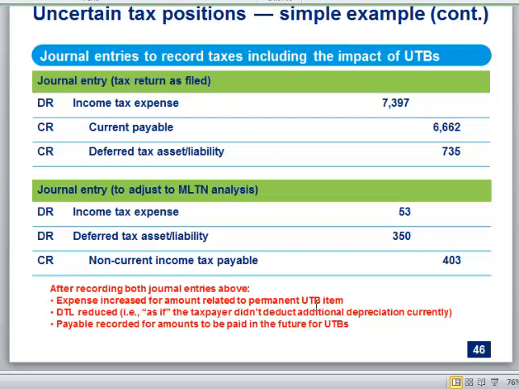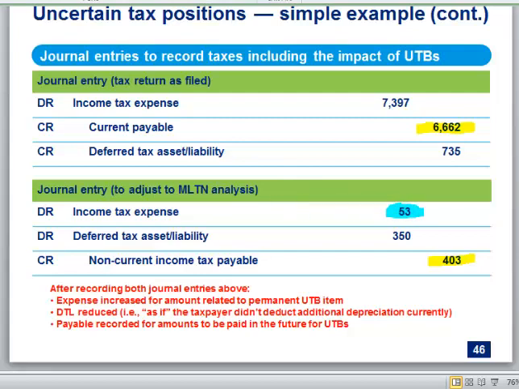So it's a little hard to follow without seeing everything. But that 66.62 right here, that's the credit to the liability you'd book if you were doing your provision on a return basis. And this is the extra 403 you book for your FIN 48 liabilities, or that added exposure, right? And you can see, let me just focus on the bottom entry, the effect of the permanent difference, that $150, that's finding its way, the balancing entry for that is in this 53,